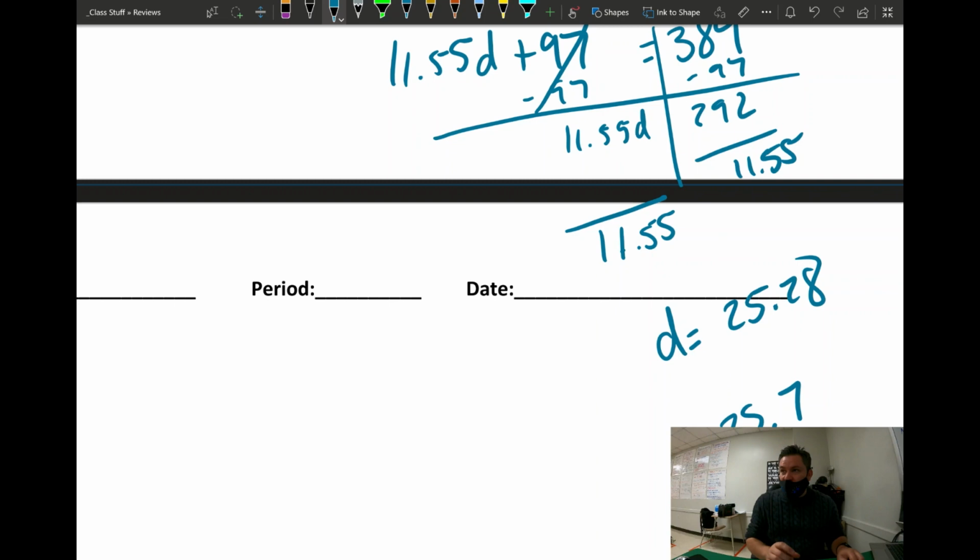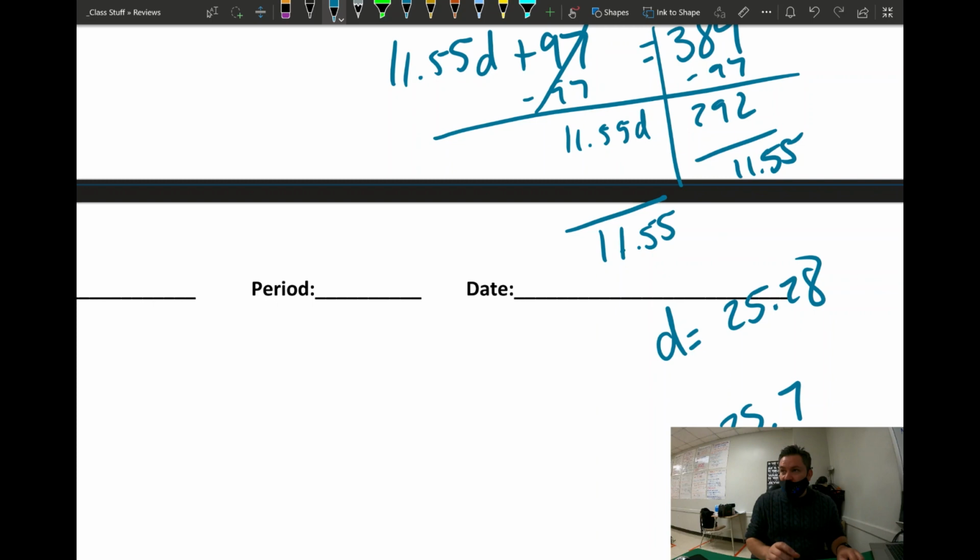Okay? Next one. Which equation is true when the value of x is negative 12? So now they're giving you the value of the variable, and what I will do in this scenario is substitute this value in for x, and then go from there. So let's look at letter C, just in case. If I put in negative 12 right here,